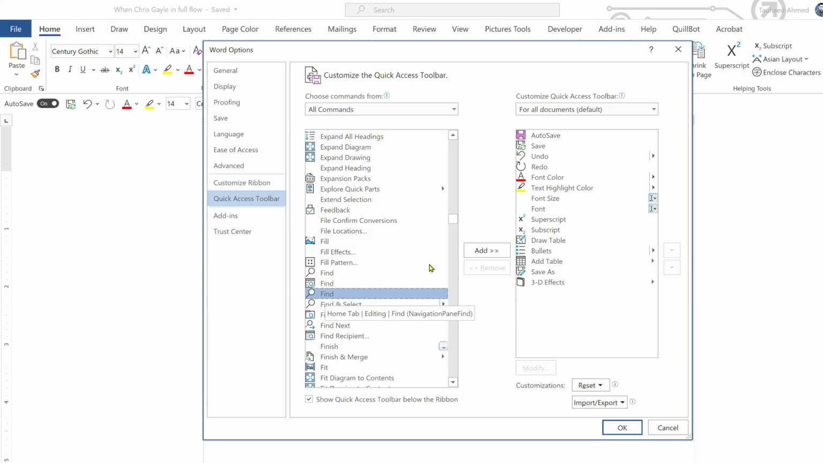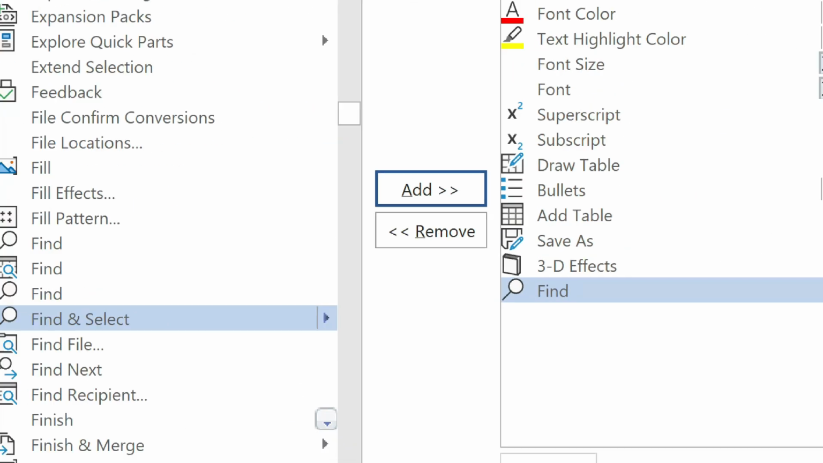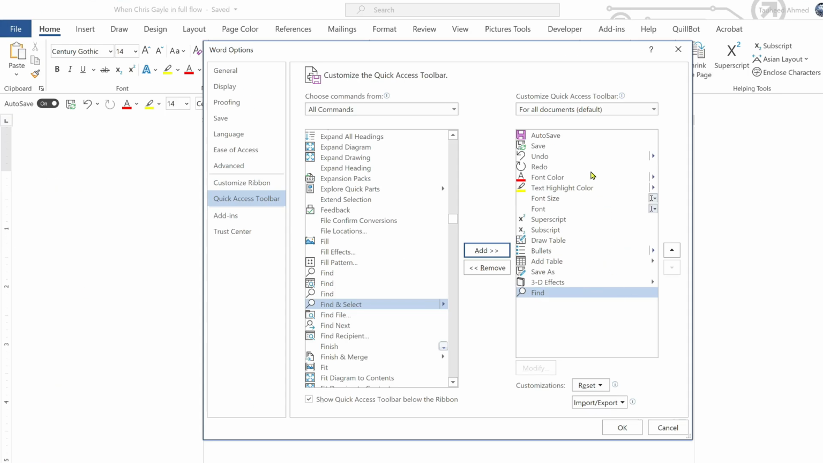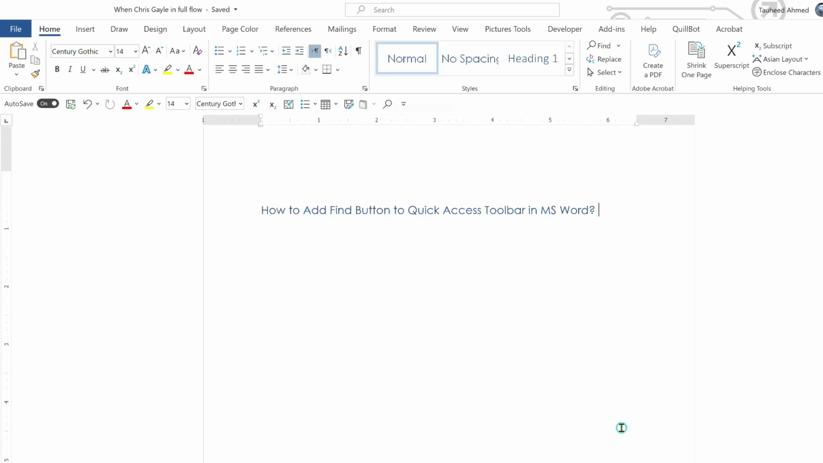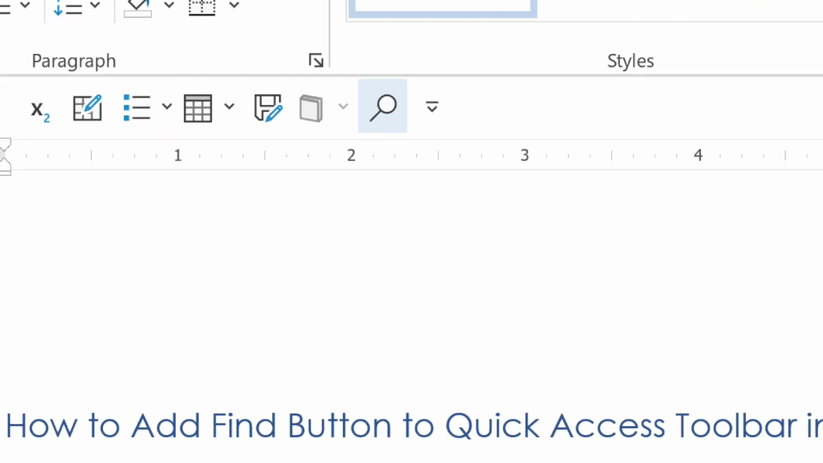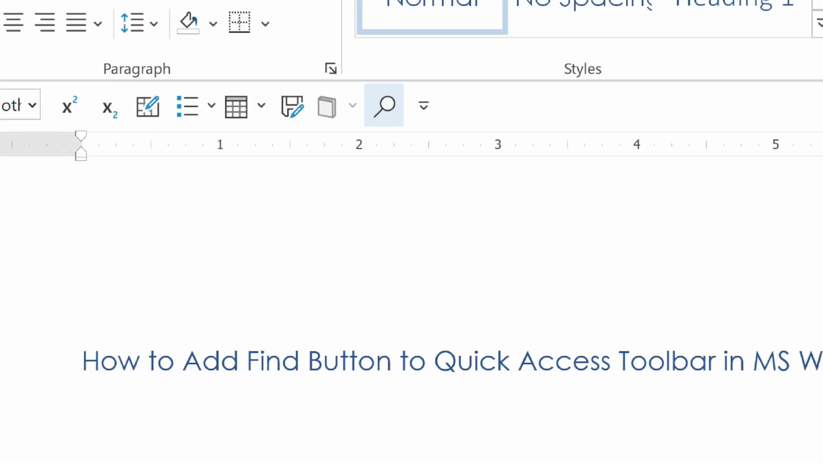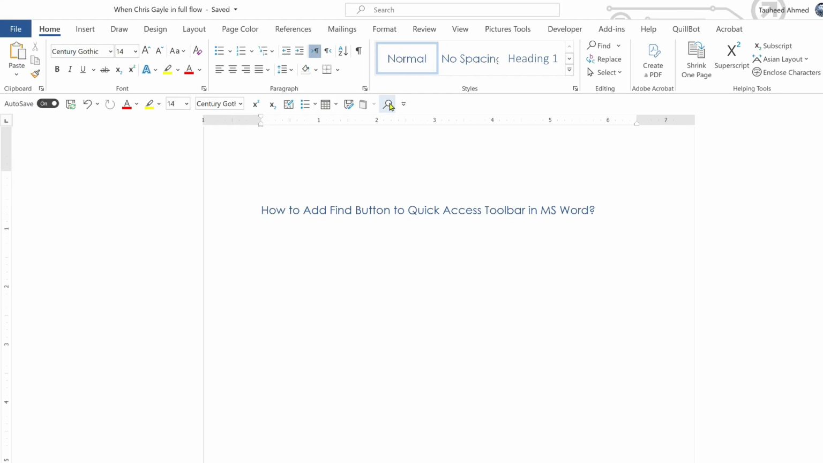Select the find and click on add, and here on the right side you can see that the find button is added in the quick access toolbar. Simply click OK, and here you can see that the find button has been added to the quick access toolbar in MS Word. So in this way you can easily manage your